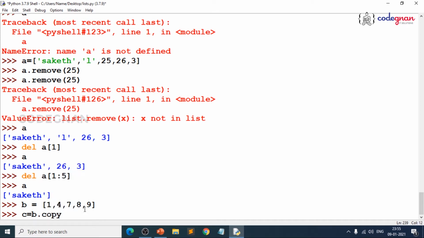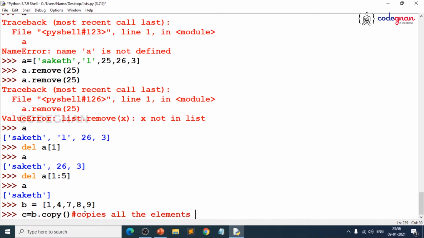Let's give this copy, because basically what does copy mean? Copy will make sure that it copies all the elements. Just go with the simple English definition, because if you understand the English language easily, Python is a cakewalk, because whatever word you see in Python, it's very simple.